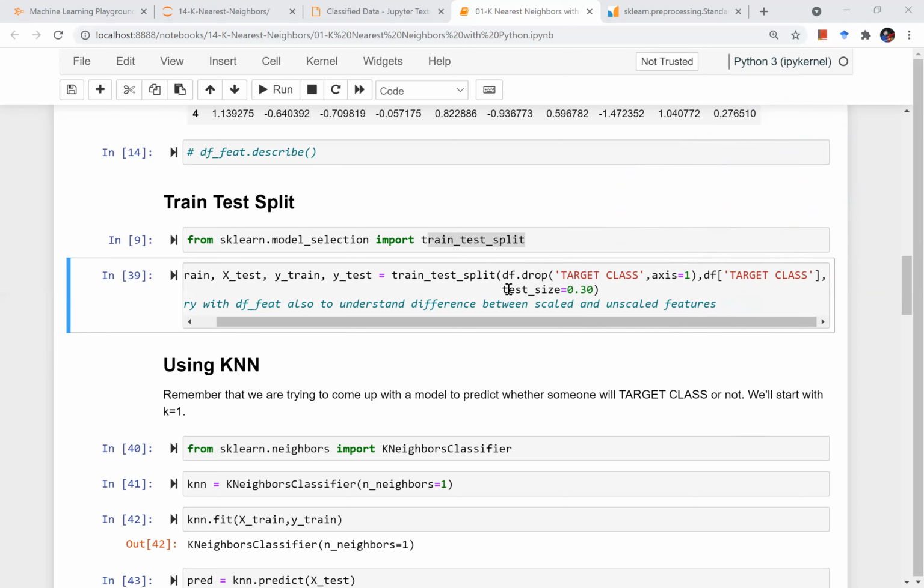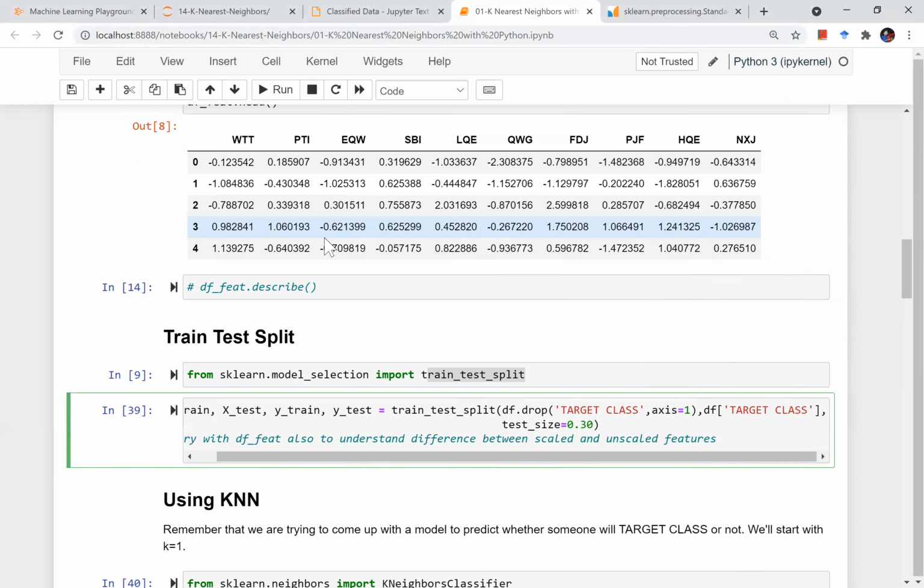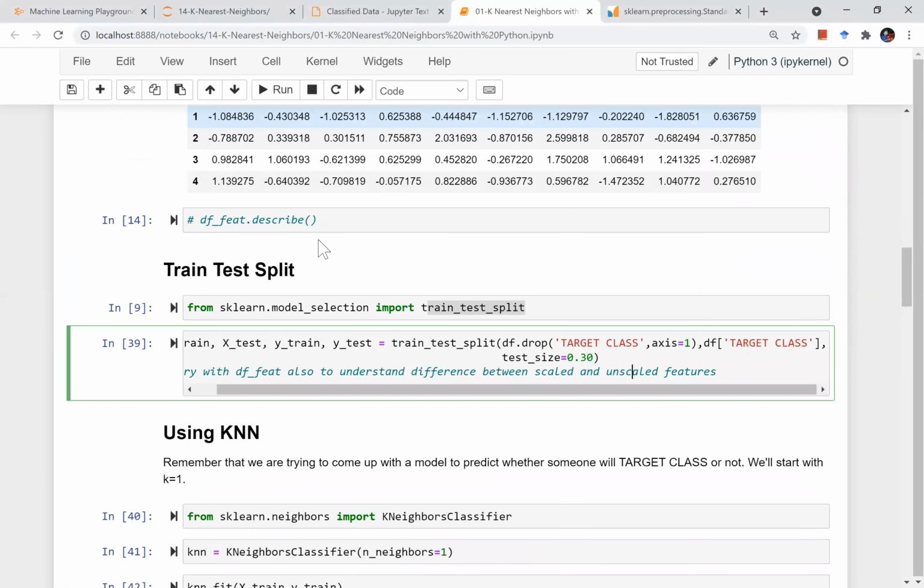Okay, and my test size is 0.3. That means 30% of all the data will be used for testing, 70% will be used for training. Training means from the 70% of the data I will learn the parameters, or those 70% questions I will ask my model to learn or memorize or generalize, and on 30% I will do the testing, how much it is scoring, and I will keep doing it until a nice accuracy is achieved.